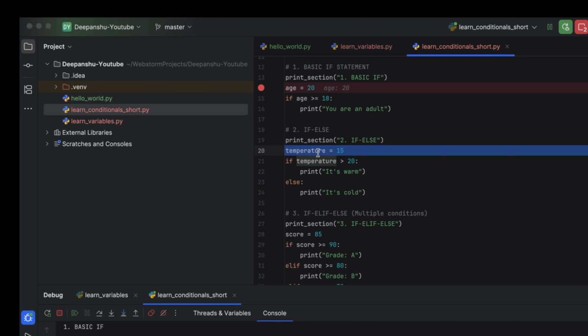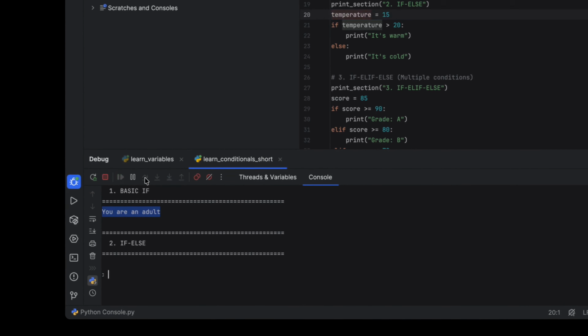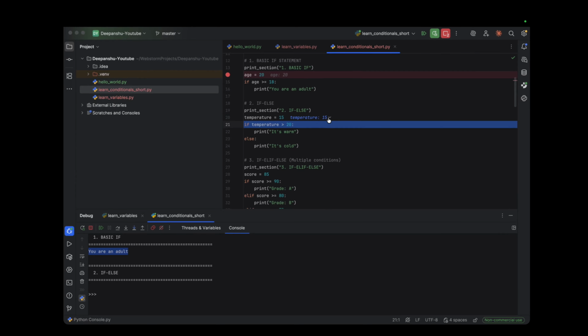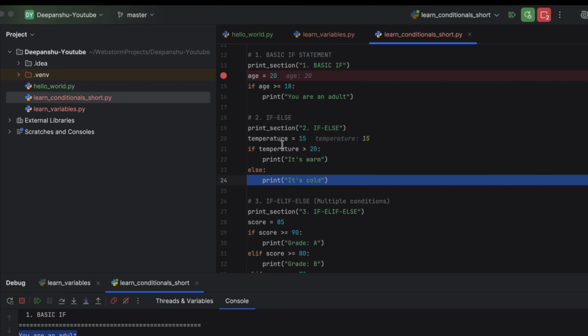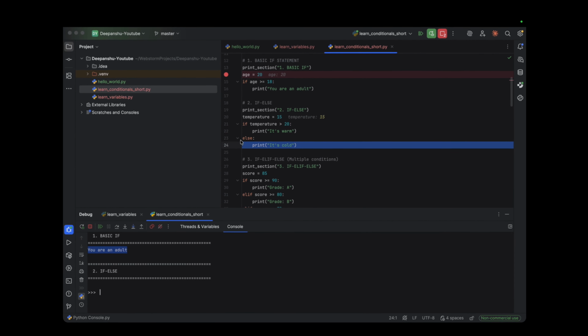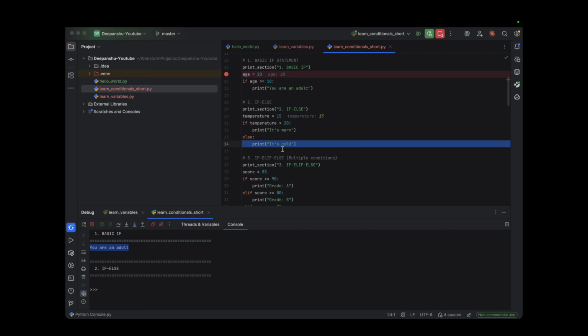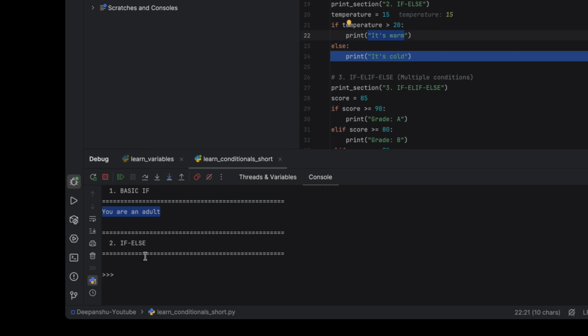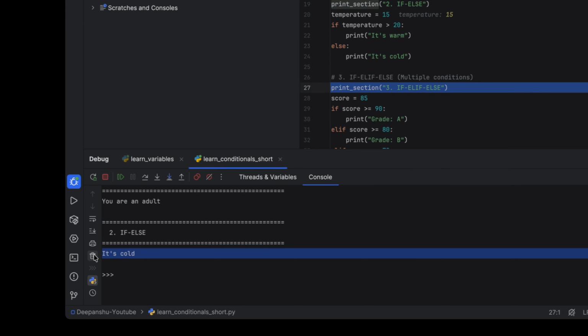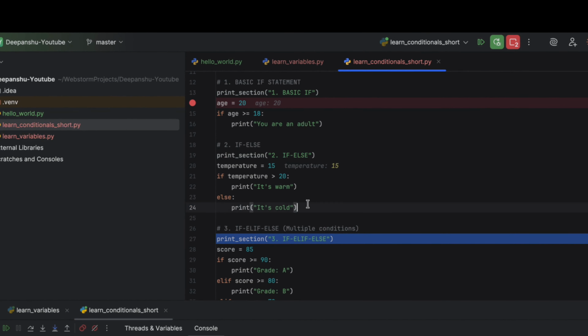We are now setting the temperature as 15, and we will check if temperature is greater than 20, but we have set the temperature as 15, right? So this is a false statement. So now you'll see that my control flow will not come to line number 22. See, once I click next, it automatically moved on to line number 20. The debugger stops at the print statement, that's why it's sitting idle here. So the else part got executed. It didn't print that it's warm because the temperature was 15, right? Once I click step over, it's now printing it's cold. So now the else part got executed.